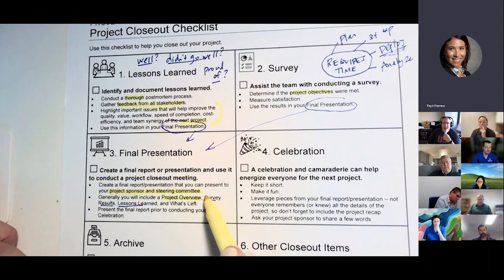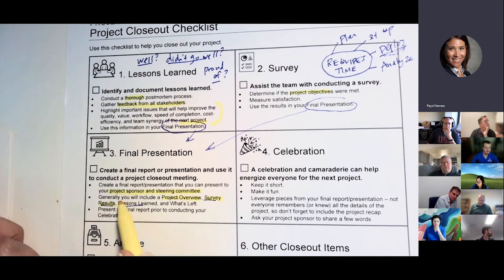Then you pick up your survey results and you say, guess what? 89% were satisfied with the solution because blah, blah, blah. 92% said we had great communication. You showcase all of the data that you got from the survey, or you find out, only 15% said they're not using it, and we've got some work to do. I mean, there might be the flip side to your survey results. They might indicate some next steps for you.